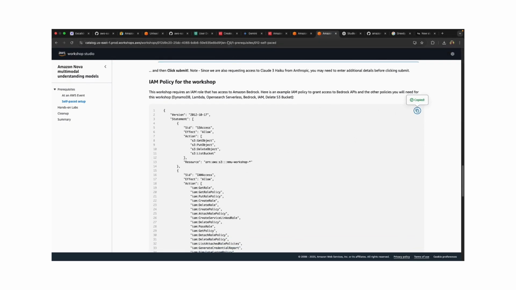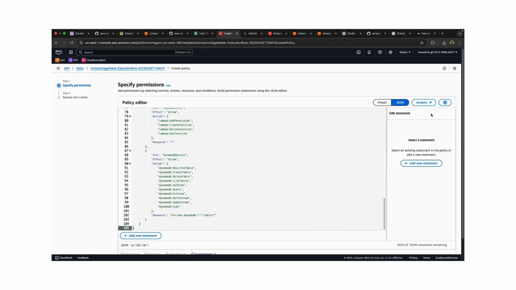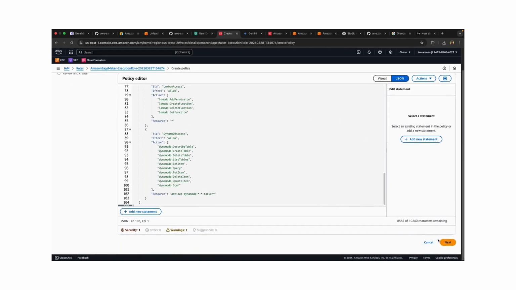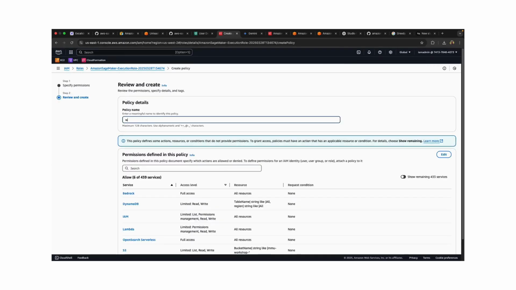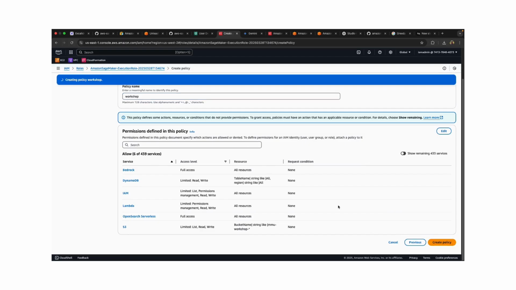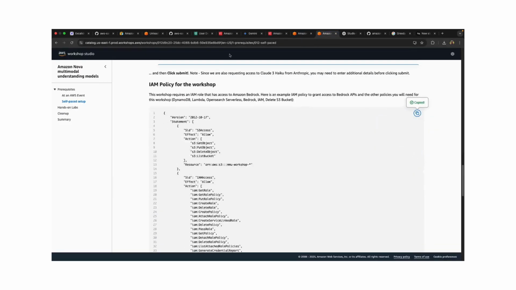So copy, paste. Next. Policy, you can name anything you want. I'll just give it workshop policy, create policy. So now this execution role has all the privileges that you'll need to complete this workshop successfully.